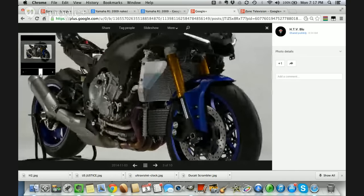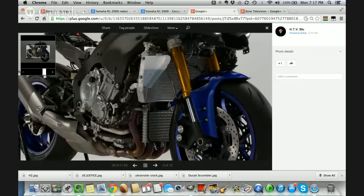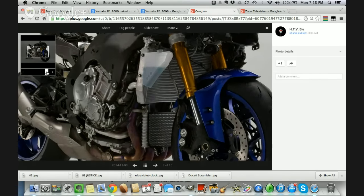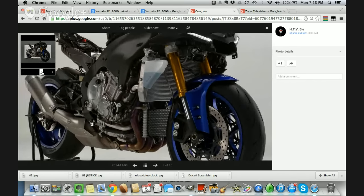What I hope to see with this one is that they have taken the principles of the crossplane, but vastly reduced the bulk of the engine and hopefully the weight at the same time. And we haven't yet had a definitive answer as to whether they've done that. Certainly, they have said that this engine makes around 200 brake horsepower, which is a lot more than the 2009 to 2014. That's generally at the crank, and